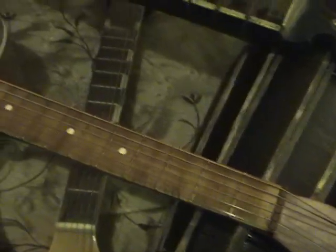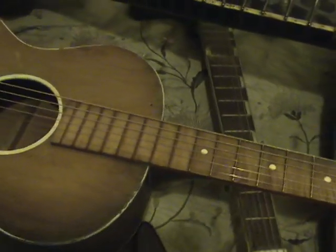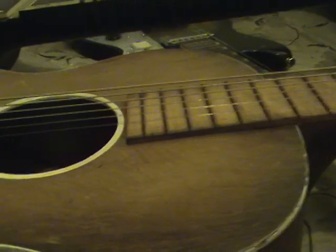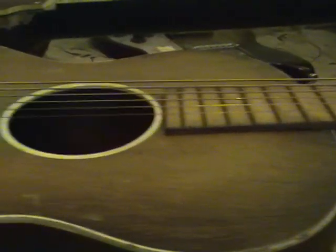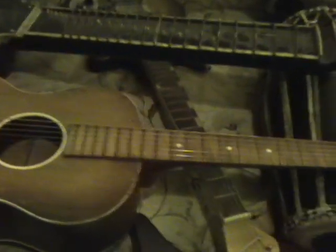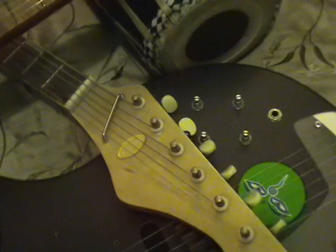And the neck was all coming off of it, so I had Larry over at Thin Man glue the neck on for me, and the action is, I don't know if you can see it, but it's way too high to play regular guitar on, so I always just use it for slide, and I used it in the recording. And then there's another slide guitar, this thing, which is a Teisco